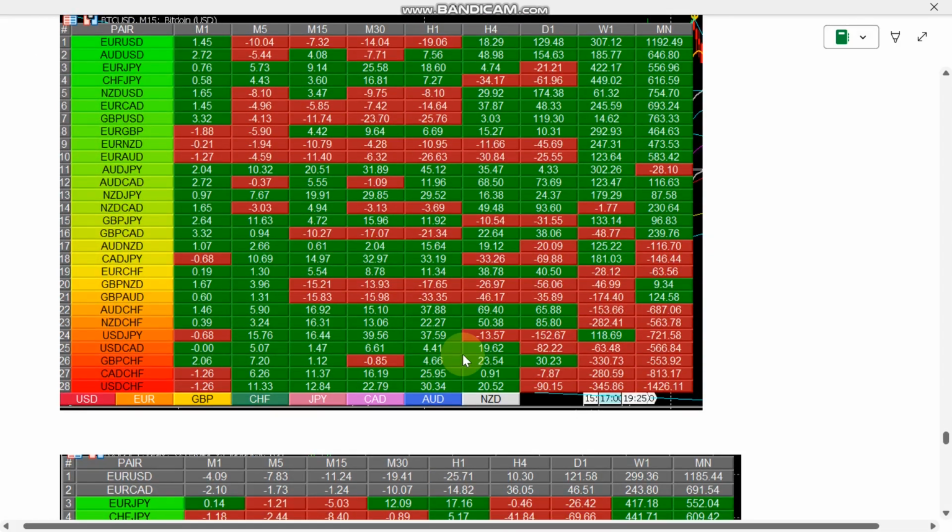And this is Euro USD on the top, USD Swiss franc on the bottom. I mean, Euro USD is strong. Let's check the Euro. USD Swiss franc is weak. The Swiss franc is strong. Only the US